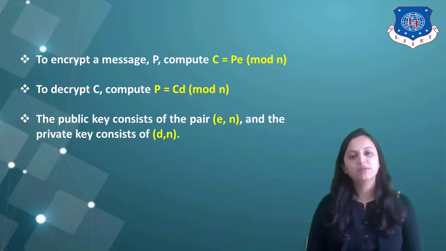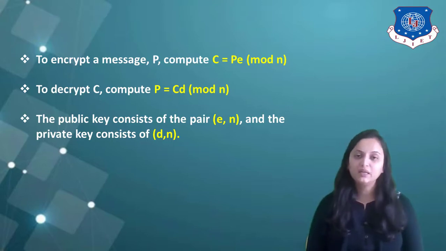You can have examples based on this. That means it may happen that the two prime numbers are given to you. Based on these prime numbers, you need to find the ciphertext and plaintext by following the steps given above. And according to that, you need to obtain the public key and private key, or it may happen that they are already given to you. So practice such examples.